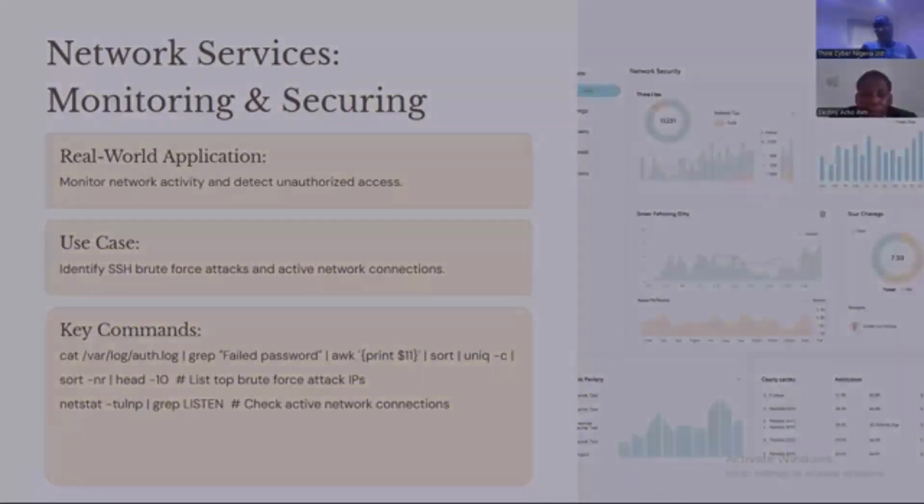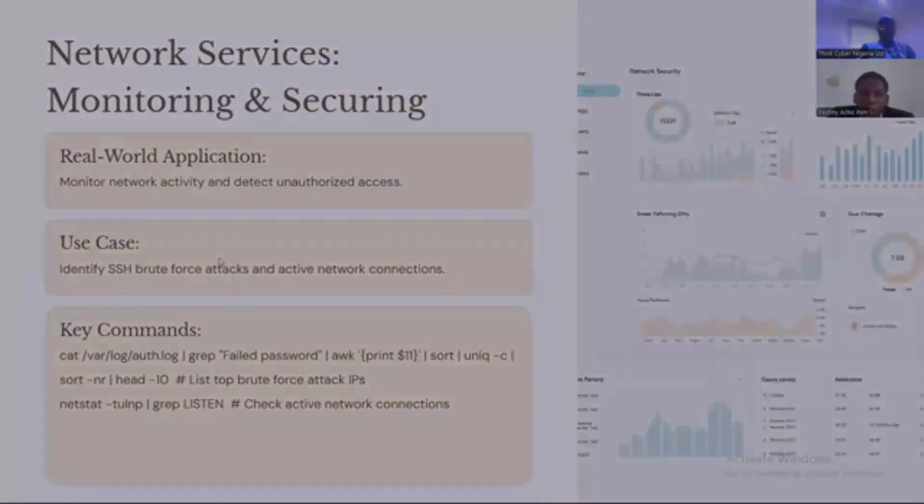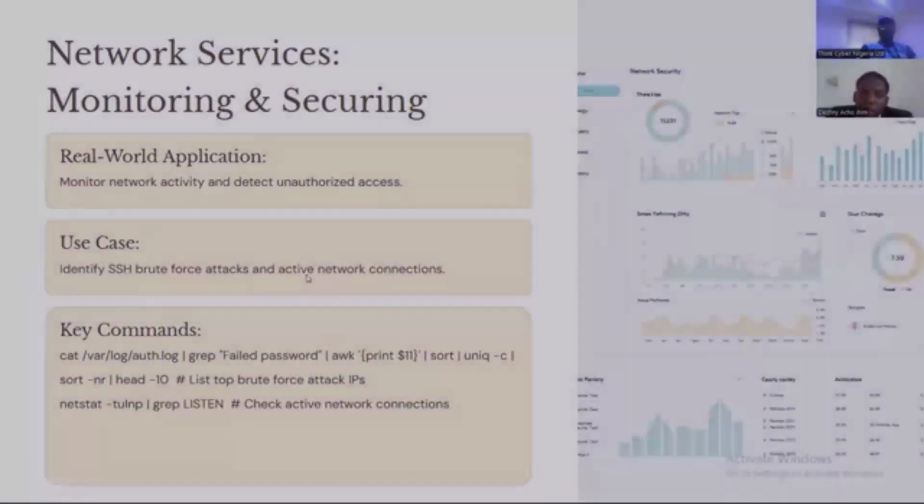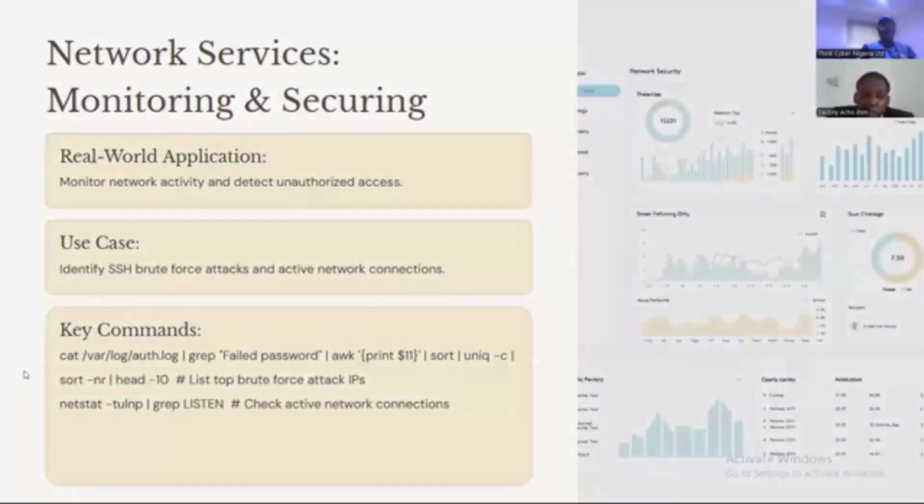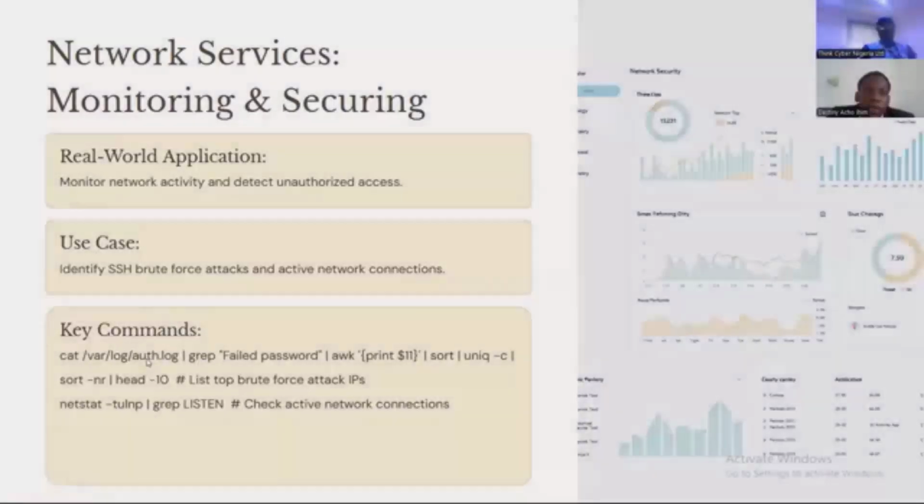We used apt get install to install services like Apache 2, we installed services like VSFTPD, and we installed SSH, right? The key use case is basically identifying SSH brute force attacks and active network connections. In order to do this, we cat /var/log/auth.log, right? Auth.log is where the information for the log file for